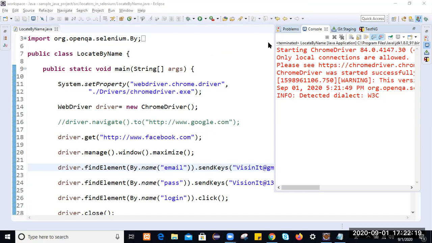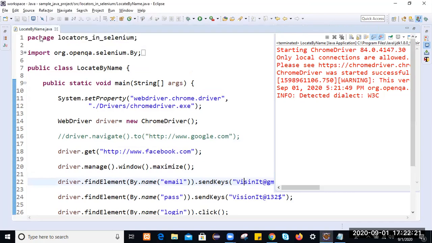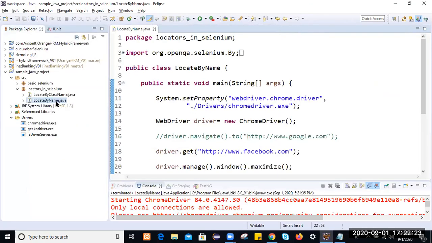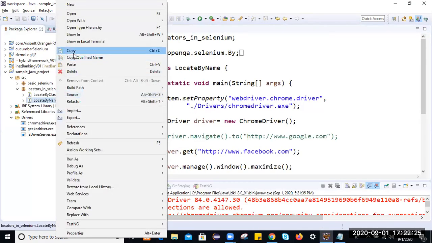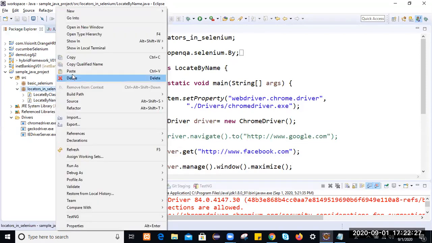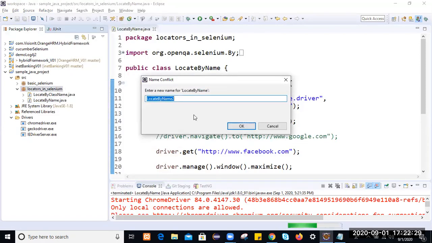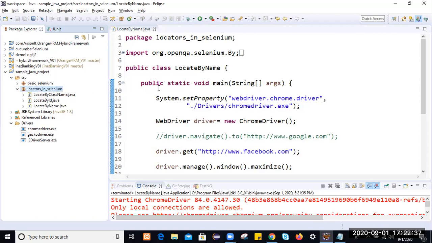Let's go ahead. I will use the same script to locate the web element based on ID. Let me copy this and paste here. Locate web element by ID.